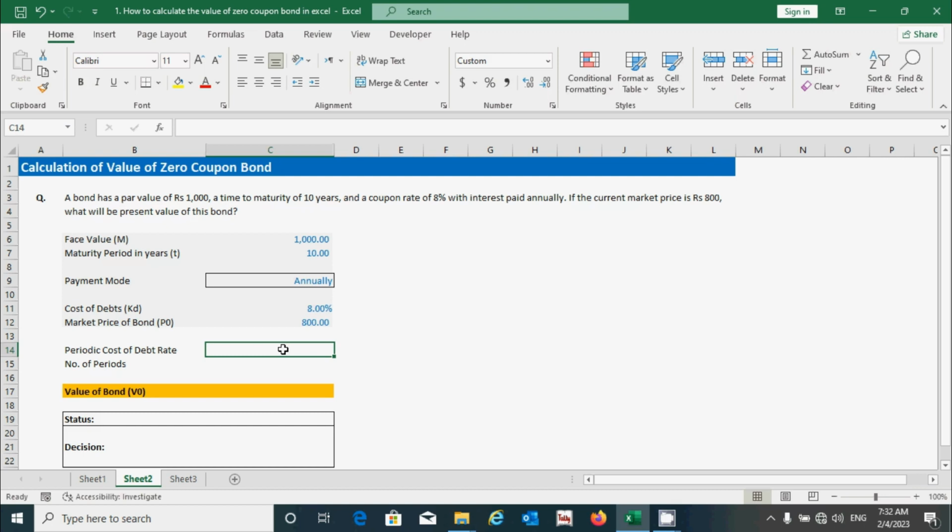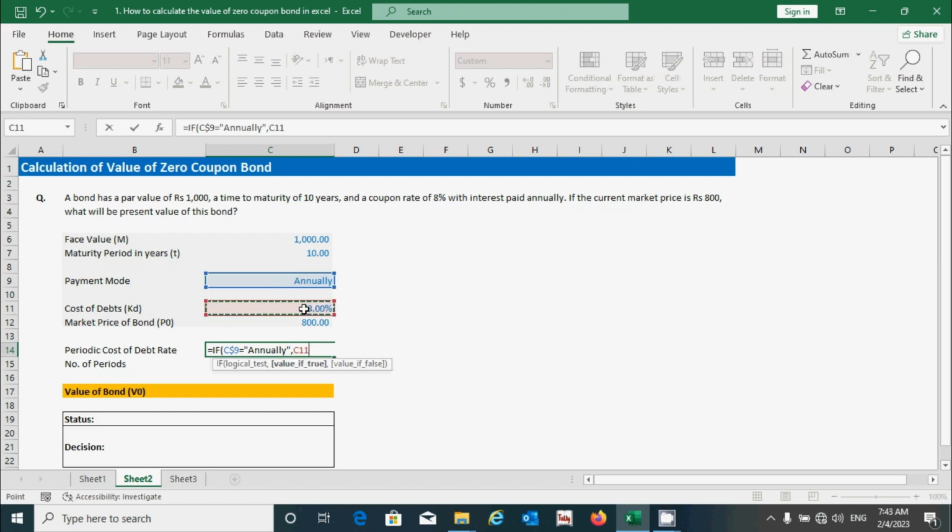Okay, so first press the equal to sign and tap the IF function. Now press the tab and let's follow this argument. So logical test means if this equals to annually, so press the double quotation mark from your keyboard and type annually, and now press the close quotation mark, comma. This function means if this cell will be annually, then what will happen? Yes, the rate will be divided by 1